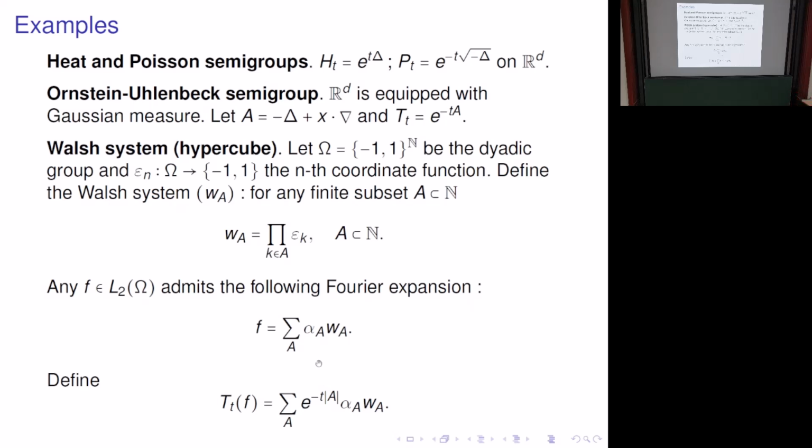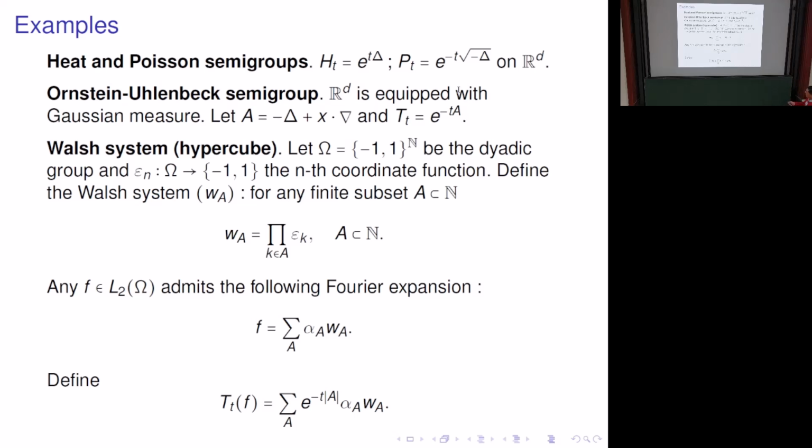Okay, very classical examples. The first one is this: the classical heat or Poisson semigroup on R^d, the Euclidean space. Delta is the classical Laplacian. And the second one is the OU, Ornstein-Uhlenbeck semigroup on R^d again. But now R^d is equipped with the Gaussian measure. And the generator of the semigroup is minus the Laplacian plus x times the gradient